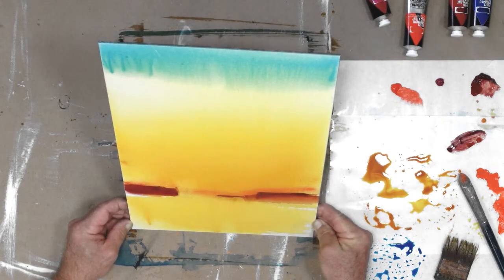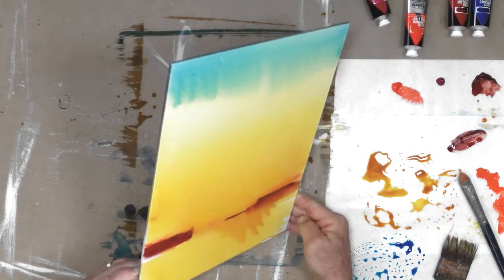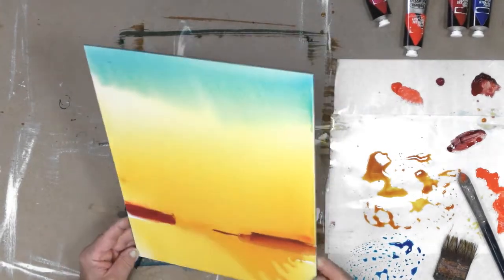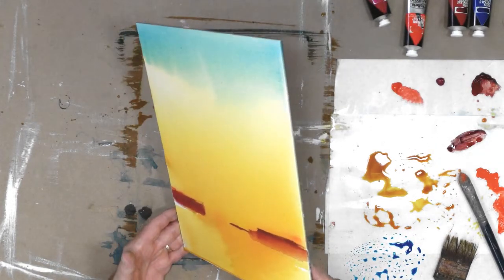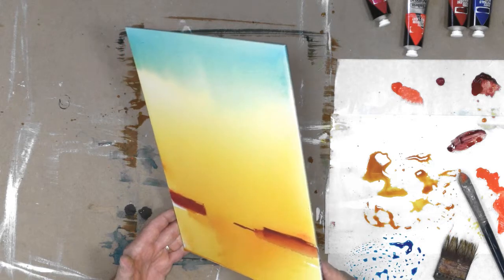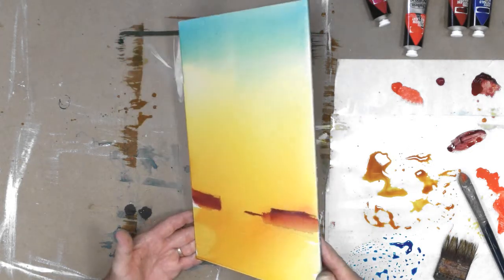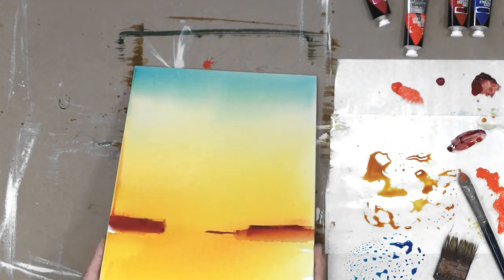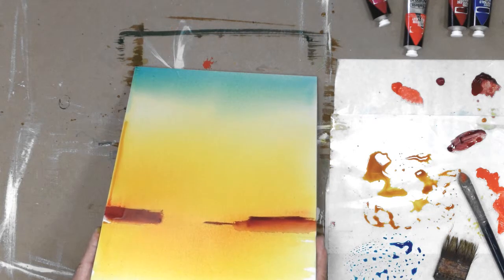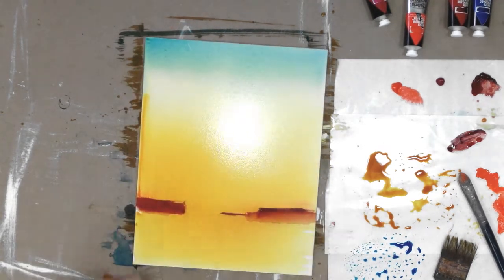which will get a nice even transition, again due to the consistency of the grind in the paints and the intensity of the colors in the paints, which allows me to use these thin washes so I can get a nice concentration of pigment. I've got a nice flow at the bottom. I will tip it back up and we'll get more of that blue up top, and we'll set it flat. The paint will spread out,